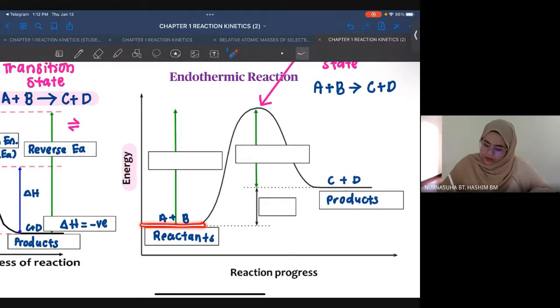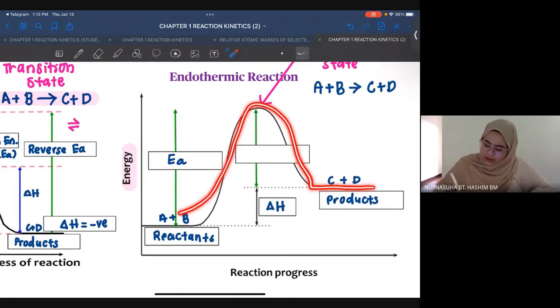Okay, so daripada energy of reactant ke puncak, this is activation energy. Okay, activation energy. So next, the energy difference. The energy difference between product and reactant, here, this is enthalpy. Okay, enthalpy. So next, if this is the reversible equation,